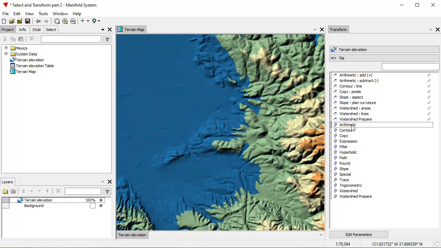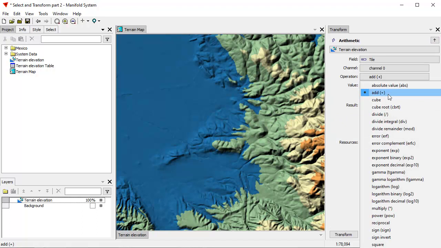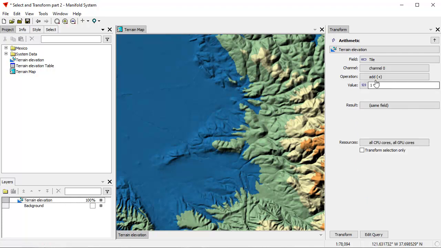And here let's double click on the arithmetic transform, and you can see there's a lot of different arithmetic operations that we can do. Such a long list that it actually goes off screen, off video. What we're going to do is work with add. This image is just a single channel image, but if it was a multi-channel image, we could choose what channel to work with. Here it's just channel 0. And we're going to add a value to it, and let's add 100